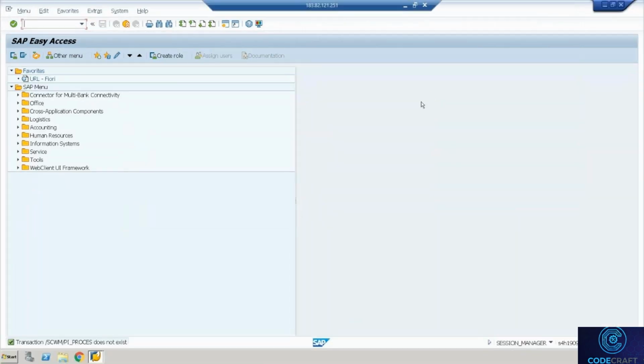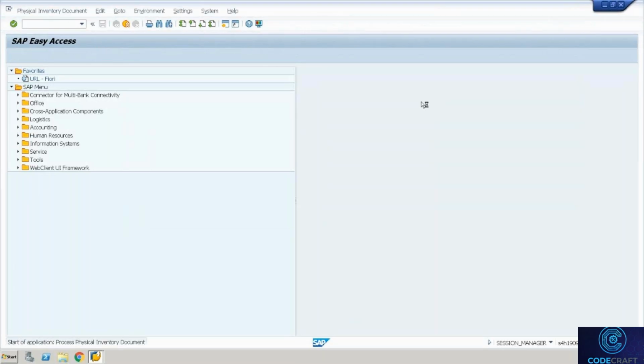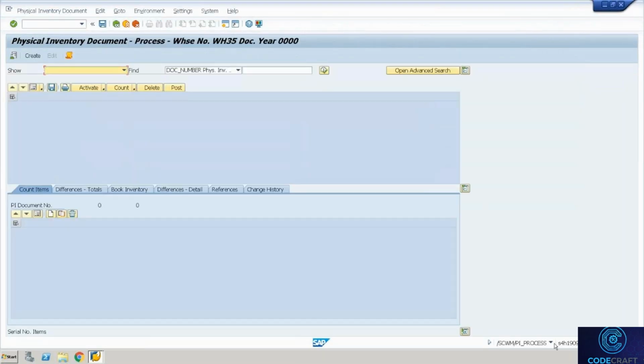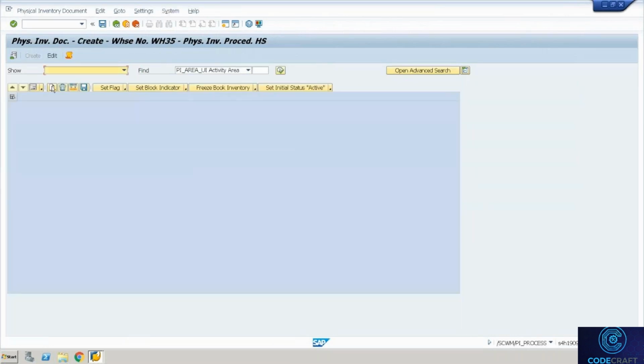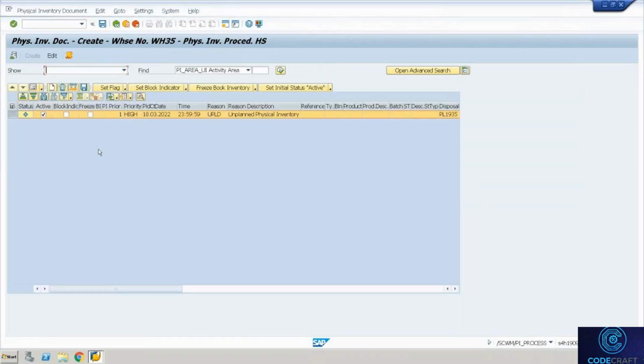So for the transaction for physical inventory, there are several transactions: PI_CREATE, PI_COUNT, and PI_POST. There are three separate transactions. I generally use PI_PROCESS, which gives me access to all three steps through one transaction itself. Okay. So let's say by default, if we are able to do any posting, if not, we will make some